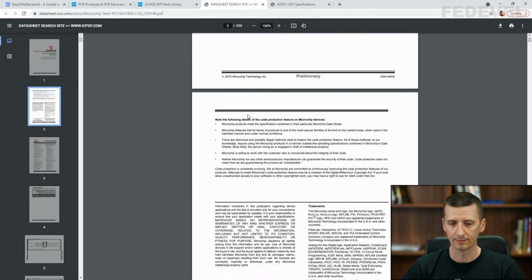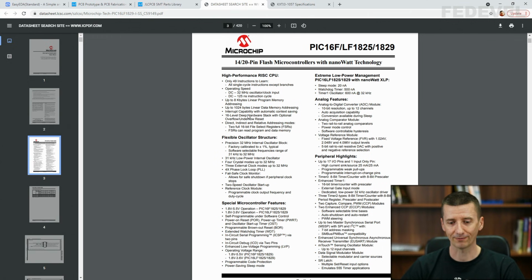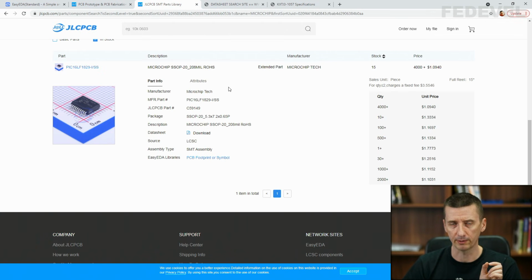Scroll down, and we are going to check if there is everything what we need. But first we would like to check the size, because we would like to design something really small. The maximum width of the PCB should be like 1 centimeter, or 100 mils or less. And the size of this microcontroller is 5.3 by 7.2 millimeter. It is like 200 by 280 mils or something like this. So it's going to fit. This is good.